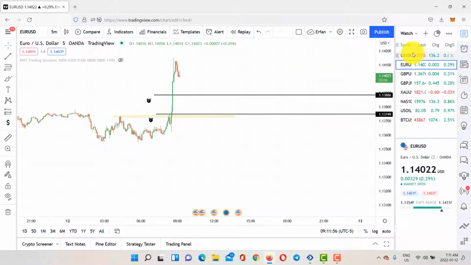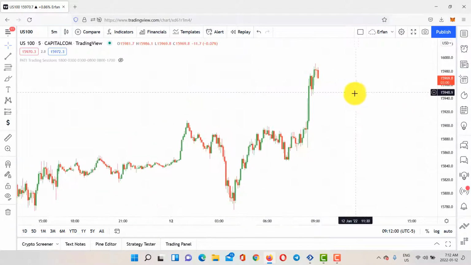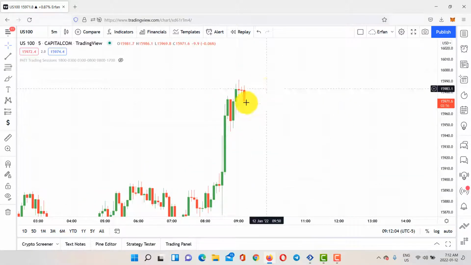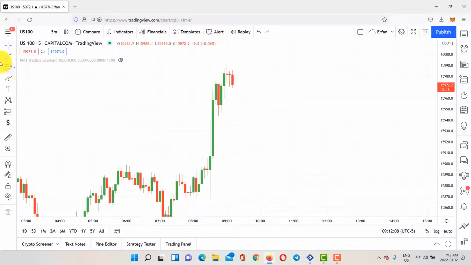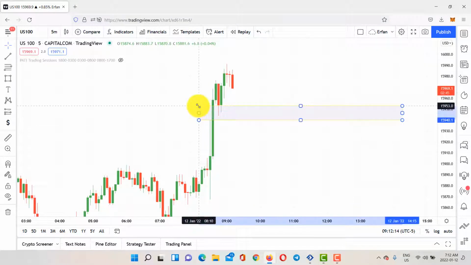Let's go for NAS100 to see what's happening over there. Oh, NAS100 is bullish too, but yeah, the same thing is happening. We have a consolidation here. I don't know what the price is gonna do, but we clearly have our support level here. So we have our support level here,